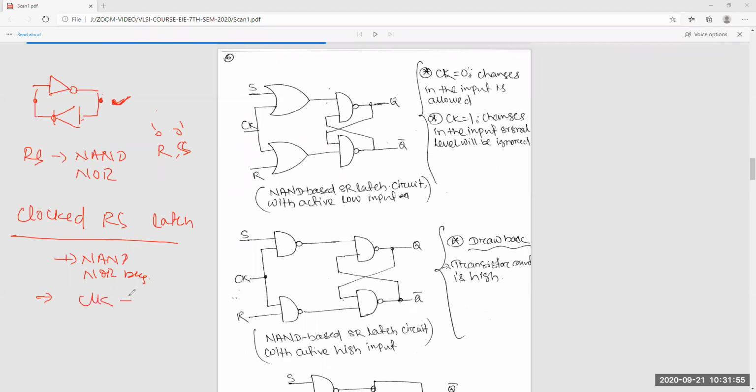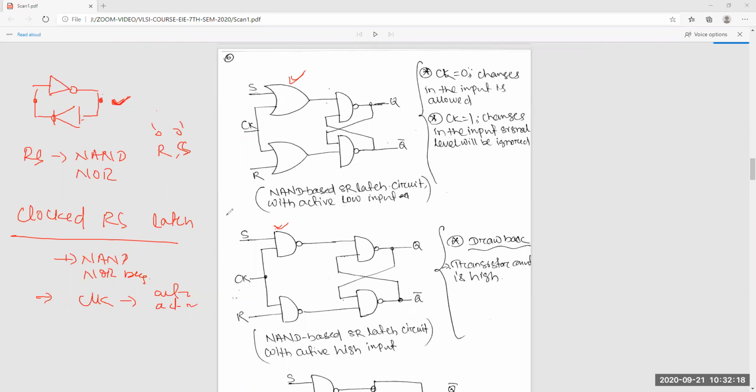For that clock you can do active low or active high. For that, you will put an AND gate or OR gate; for OR gate you will get OAI, for AND gate you will get AOI, and you can also draw the transistor level diagram.